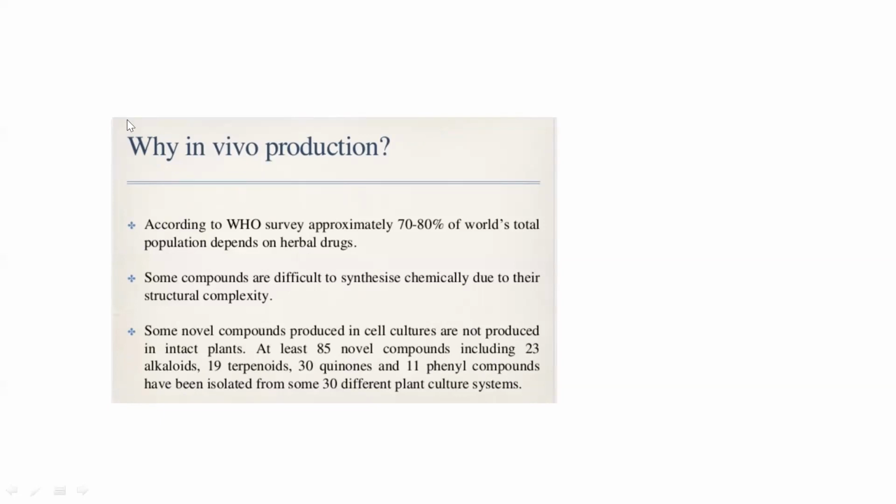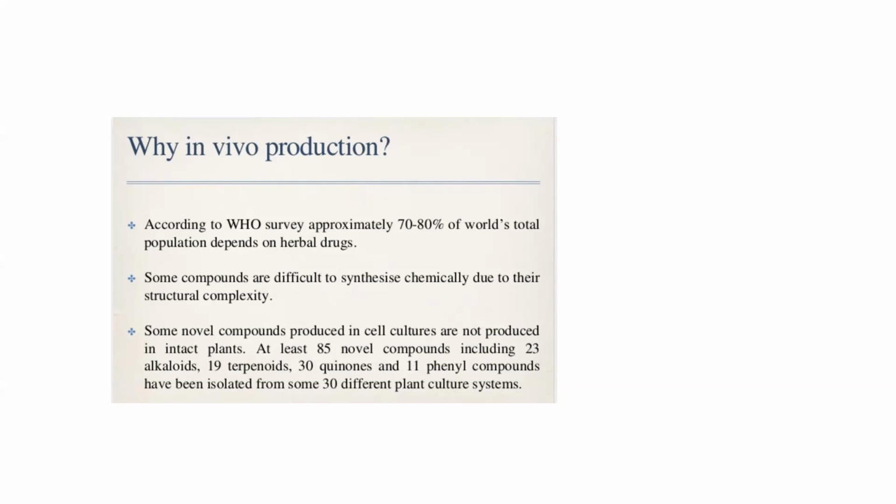So why is this secondary metabolite production exploited? Because they have seen that 70 to 80% of the total population depends on herbal drugs. That is the percentage value. It is very difficult to synthesize chemically because plant-based drugs are very complex, and most of the composition is not known. So it is very difficult to synthesize it outside chemically. So we have to